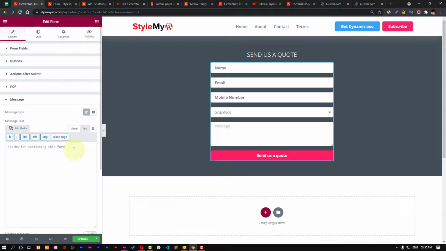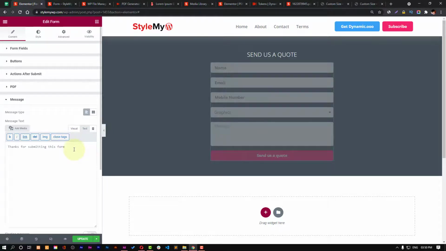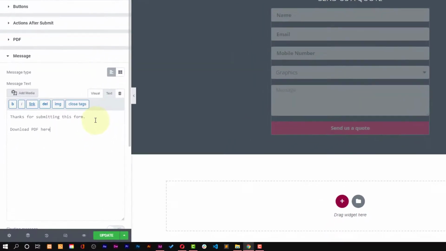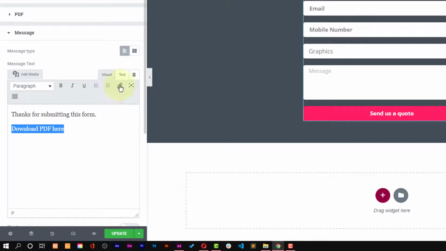Thanks for submitting the form, and download PDF here. Use download PDF here, use insert link, and then use form PDF URL, and then hit update.